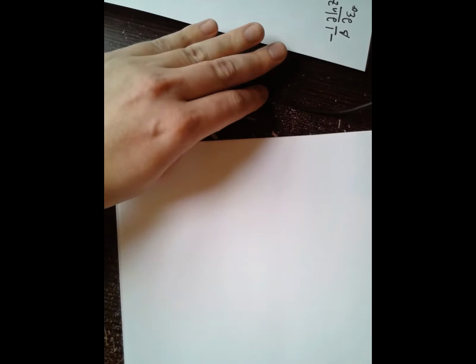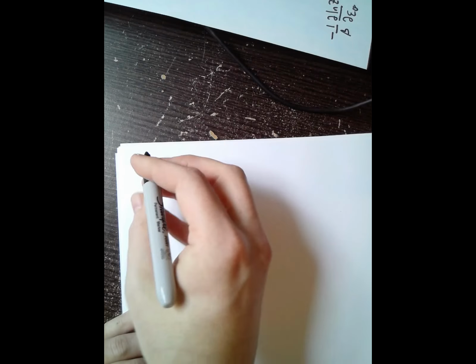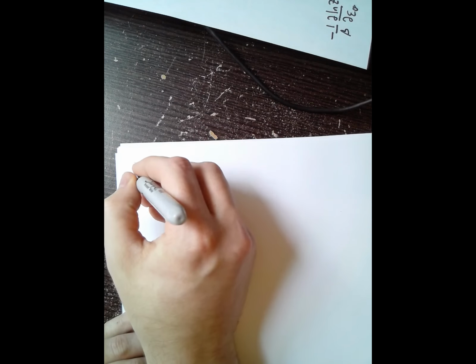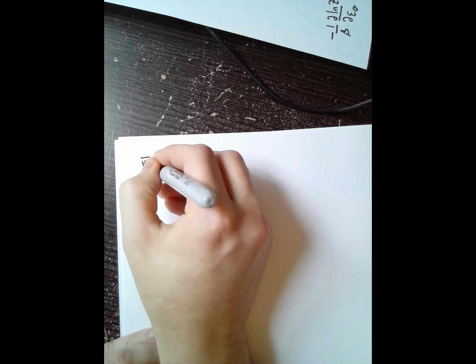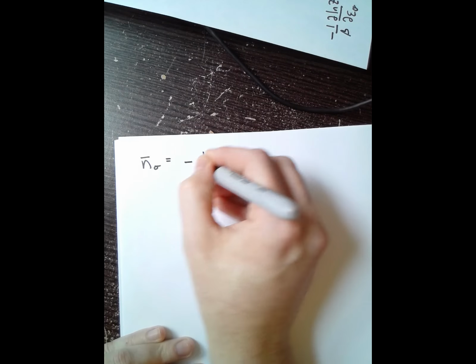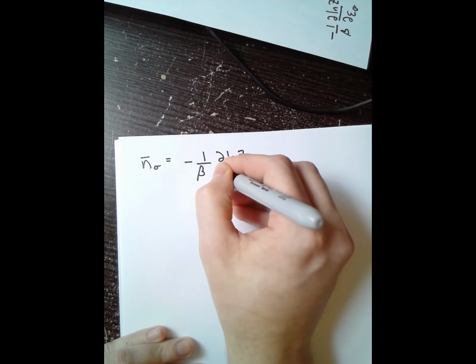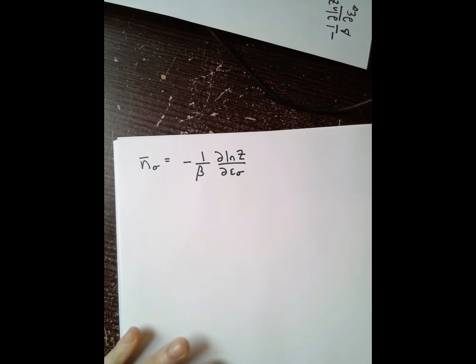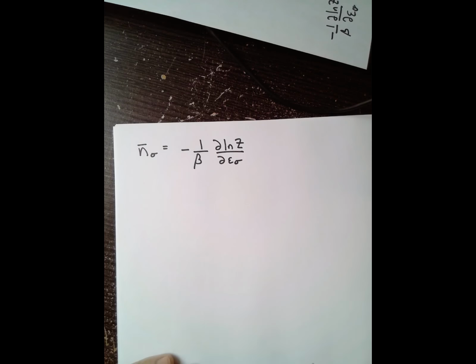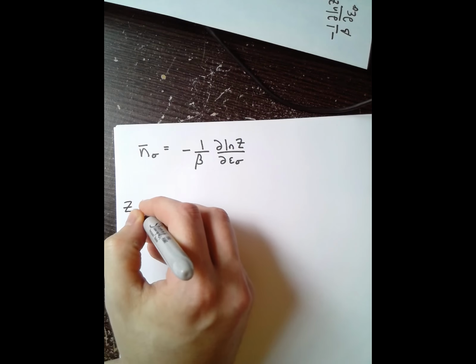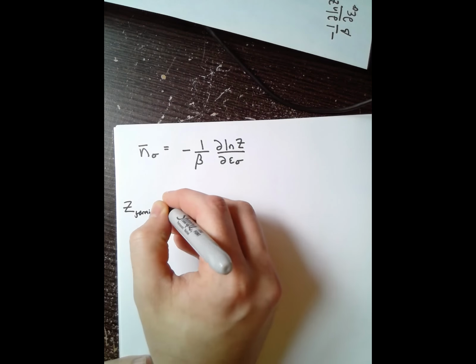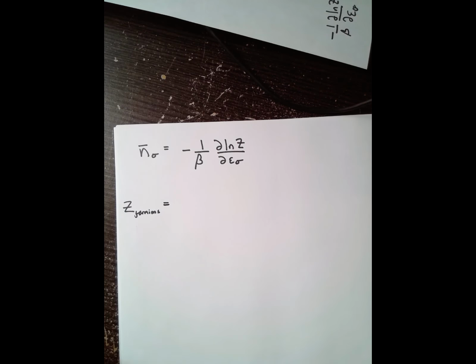Okay, so we're going to apply this formula. This is the final step. So we're going to apply the formula that n bar sigma is just minus 1 over beta d log z by d epsilon sigma. Okay, and I'm going to list all 3 partition functions we've derived. So for fermions, we found